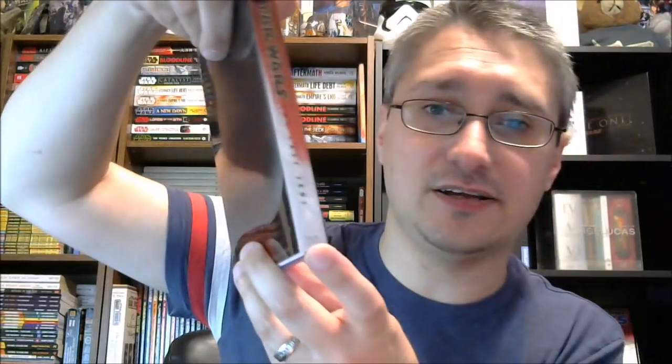The spine is just Lucasfilm logos, Star Wars The Last Jedi, and Blu-ray. I believe this is PET as far as the material goes. You take off your little slipcover here, and the slipcover itself has a Star Wars The Last Jedi logo there. Underneath is, holy crap, the same multi-screen edition as from the Disney Movie Club. Blu-ray, DVD, digital. Okay? Same contents on the inside, same packaging even. Nothing surprising there. So if someone tries to sell you one that has no cover on it, and it has Blu-ray, DVD, digital, yes, it's real, could have come from Walmart without the cover on it, could have come